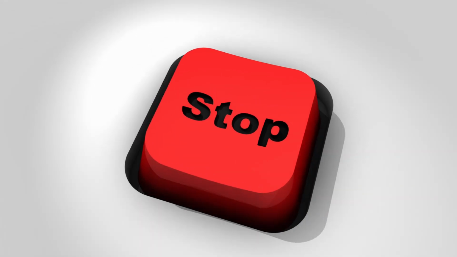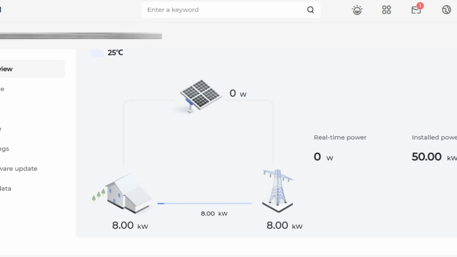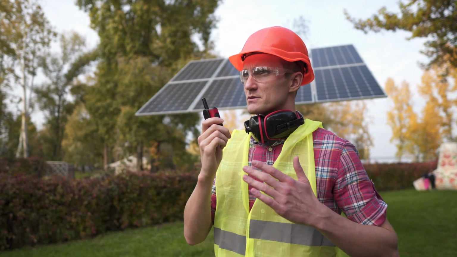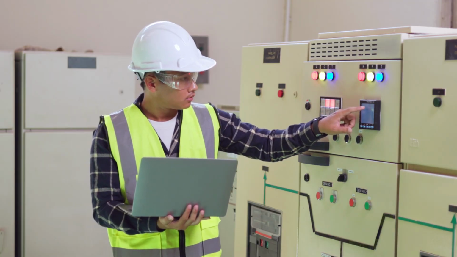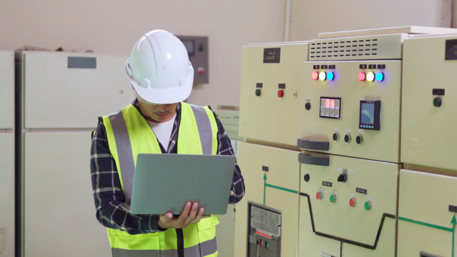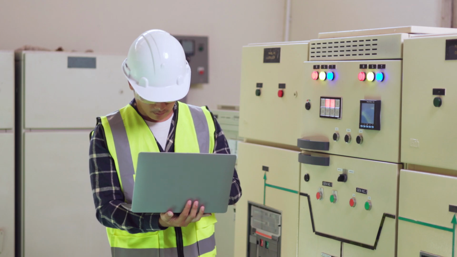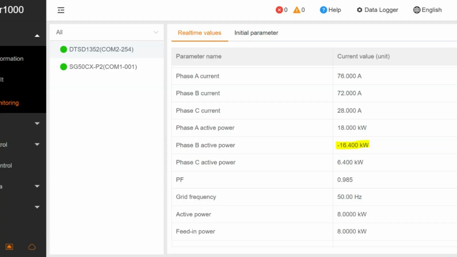To verify this, we asked the customer to perform a key stop on the solar inverter and observe the meter readings again. The results showed that the active power value remained negative even when there was no solar generation. This confirmed that the issue was not caused by solar export, but by the CT being installed with the wrong